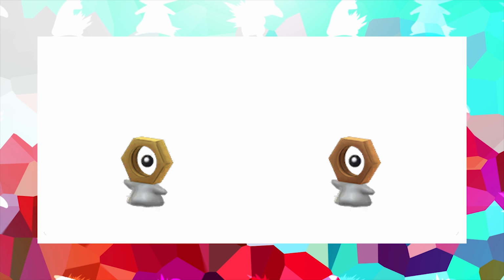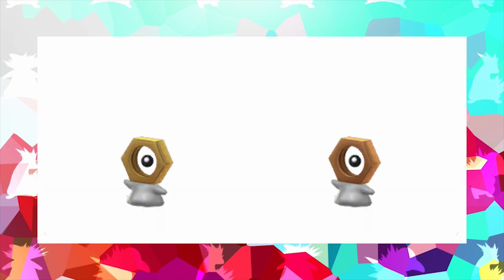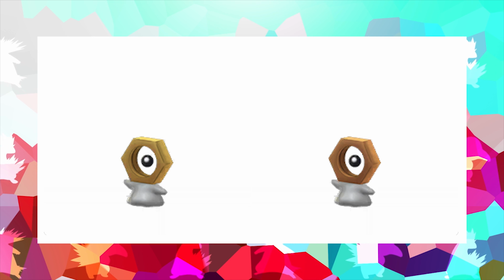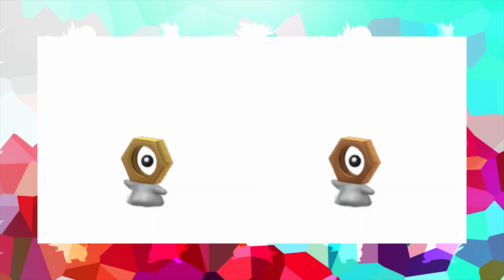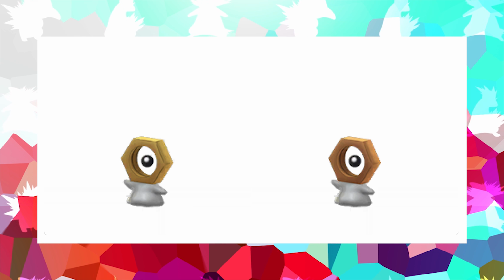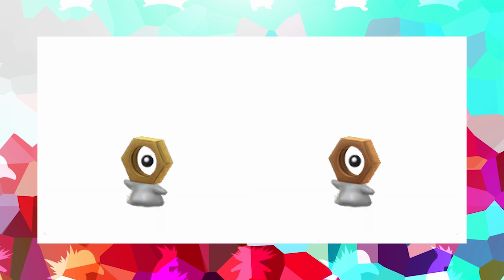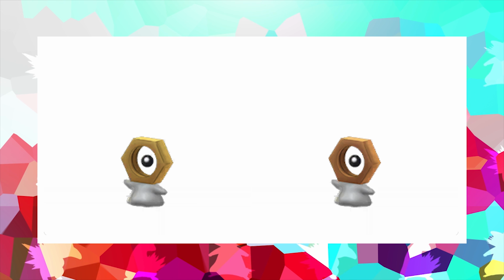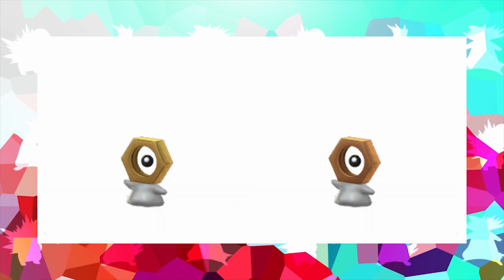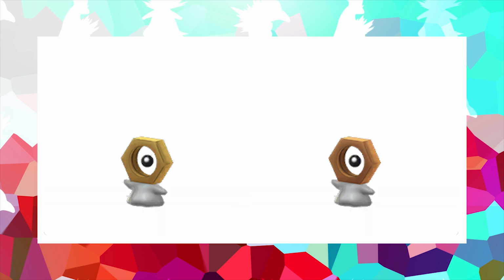So I could potentially see it as a legendary or a mythical because of that. The third implication I could potentially see with this Pokemon's design is the fact that it has a space sort of theme, a universal sort of theme. It's got a very mysterious look, and it definitely looks like it could come from space. That's kind of why I said it looks like an Ultra Beast, because it just has a very spatial sort